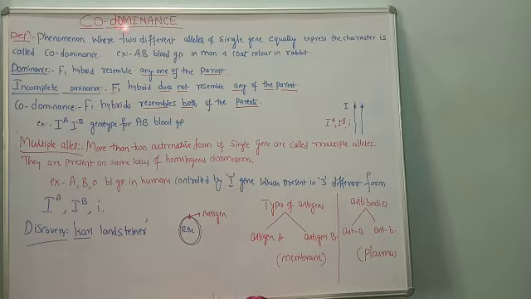Already we are familiar with the meaning of dominance. What is dominance? The character which is expressed in the F1 generation is called dominant, and the character which does not express itself is called suppressed, that is, the recessive character. Here the word codominance means that the two alleles express together. Co means together. But this is not enough. We have to understand more about the concept of codominance.